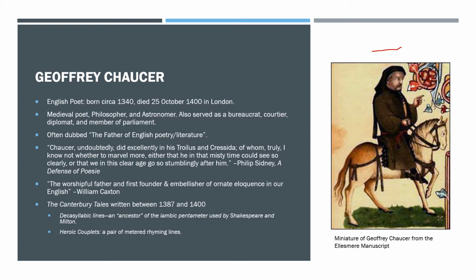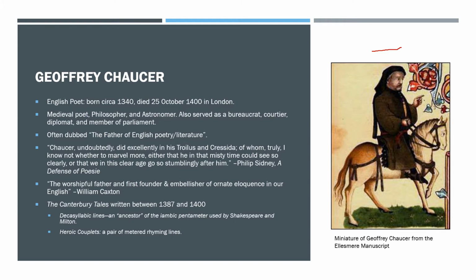So there are lots of civil records of Chaucer's life because he was in these very public positions. Now, he is very often dubbed the father of English poetry or the father of English literature because, as I'm going to talk about a little bit later, he's one of the first really important figures in the vernacular literature, right? He's writing in English, not the Latin or the Anglo-Norman French, right? Which were kind of the more official languages in the time leading up to Chaucer's writing period of 1360, 70, 80.